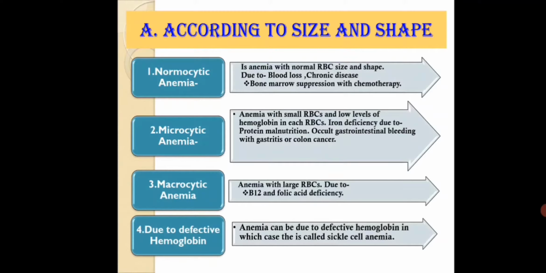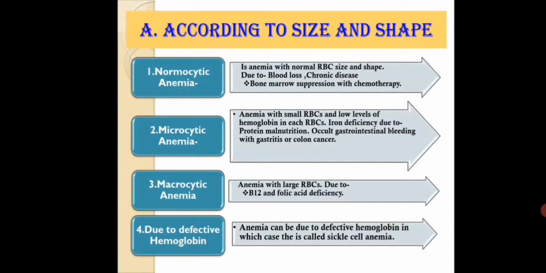Microcytic anemia, the word itself says that micro means small. So it is anemia with small RBCs, we can say there is a reduced or decreased size of red blood cells. There will be a decreased hemoglobin level in each RBC. So we can say compression of the red blood cells, and mainly it is because of maybe iron deficiency